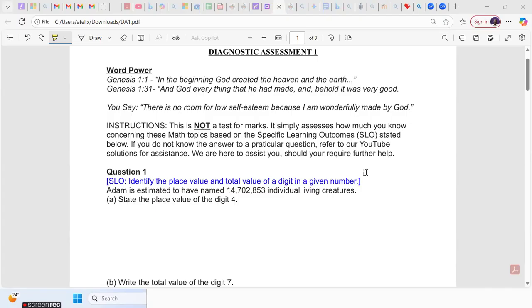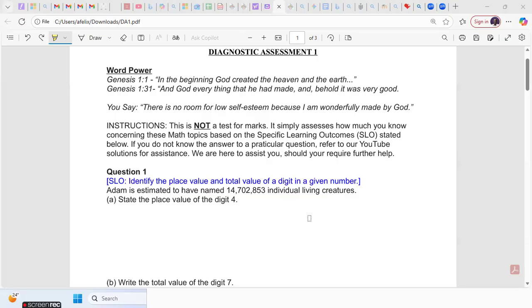So today we'll be looking at question number one, which is in front of us. You would have read it and you would have attempted the question. We are given this number, 14,702,853, and we are asked to state the place value of the digit 4 and write the total value of